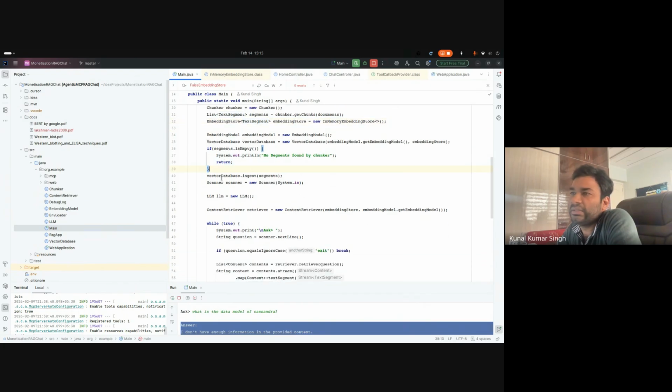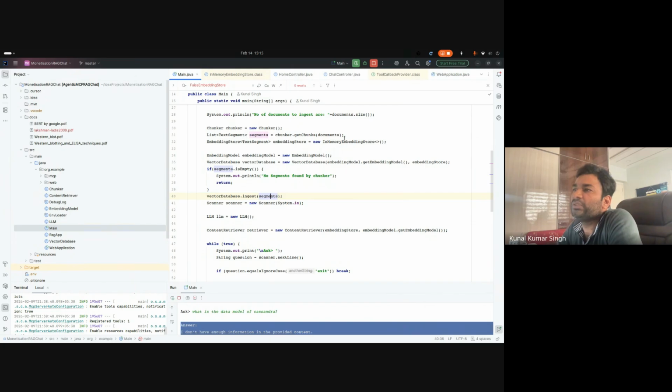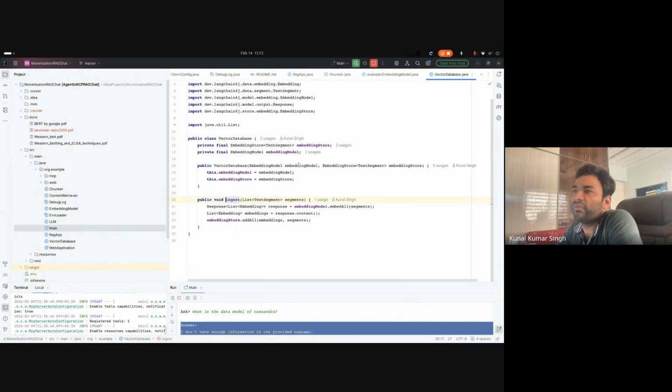Now what I've called is the vector database's ingest, and I've passed the segments. What this ingest is doing is taking the document and converting it into individual segments or chunks, and then it goes and calls ingest. Now we'll go into ingest. What ingest is doing is